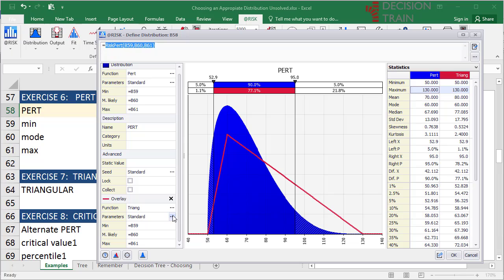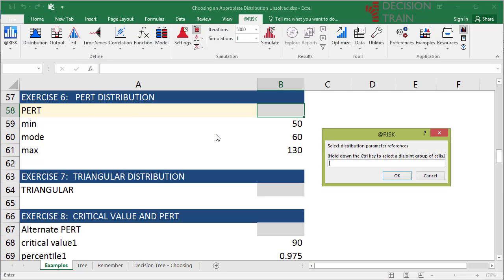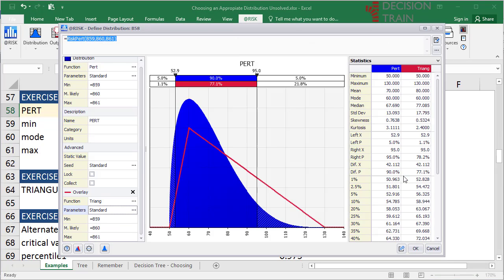Click on the parameter 3-dot button on the left-hand side of the window and specify Excel references option. Click on respectively B59, B60, and B61 cells to insert parameter references for the minimum, most likely, and maximum parameters. When done, press on the upper right-hand side corner of the small window to return to At-Risk's window, which will